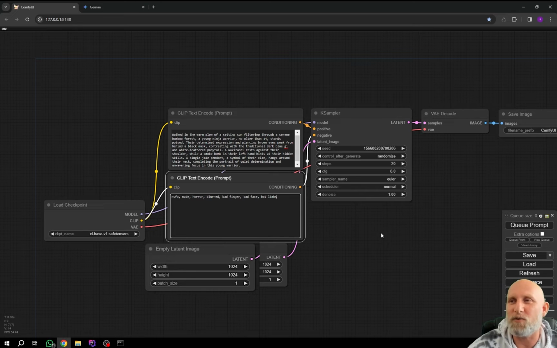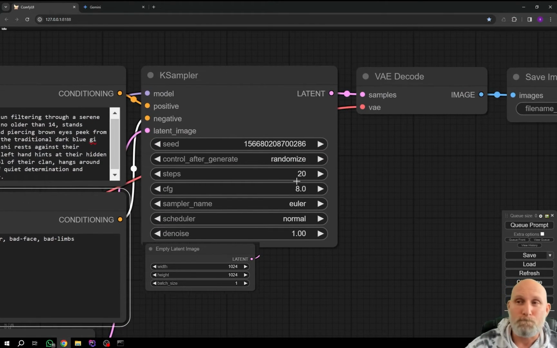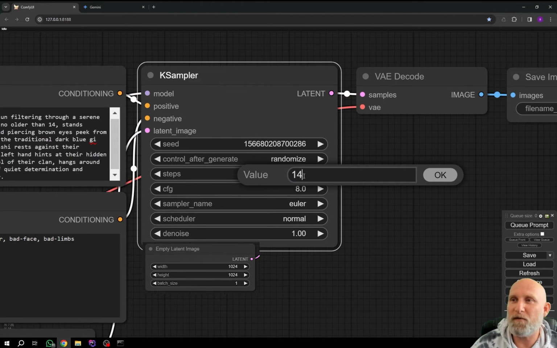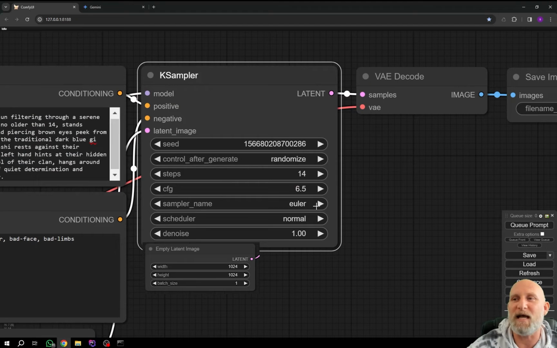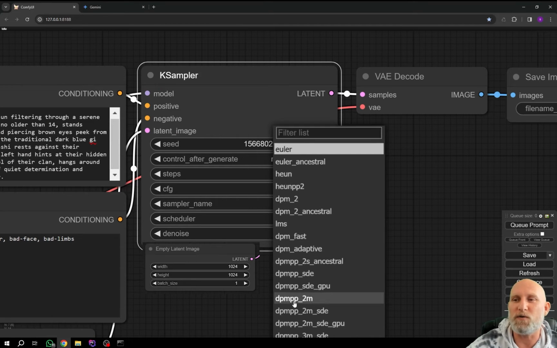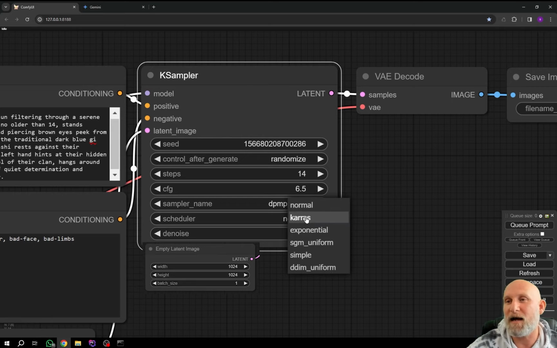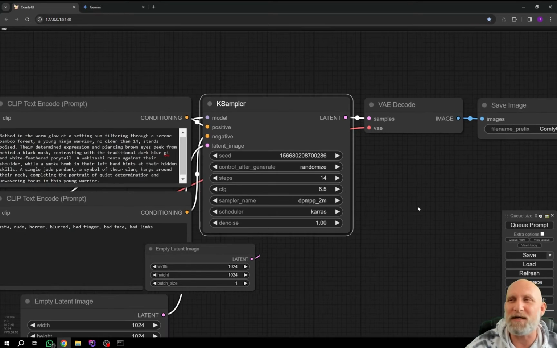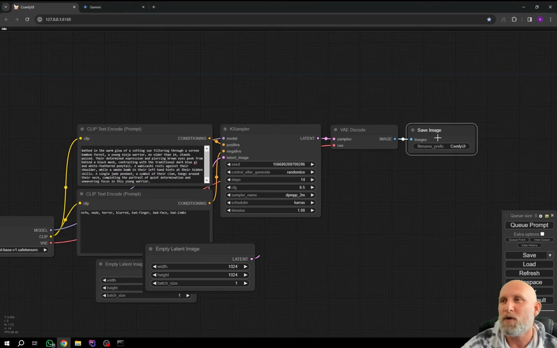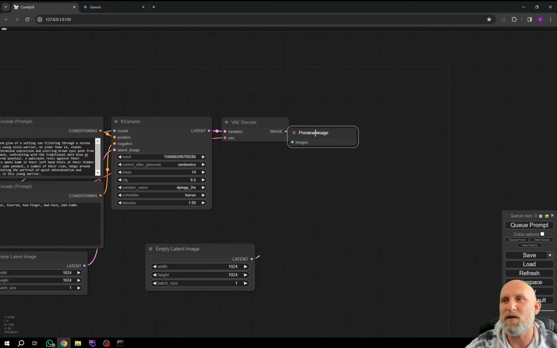So we will start with that, and we will change it if needed. On the sampler, we're going to do 14 steps, should be enough, and we're going to do a 6.5 CFG. We'll change it to DPM, PP2M, and Karras. So this actually means that the sampler will generate a bit more detailed images. We're not going to save the image, so instead we're just going to create a preview image, and we'll